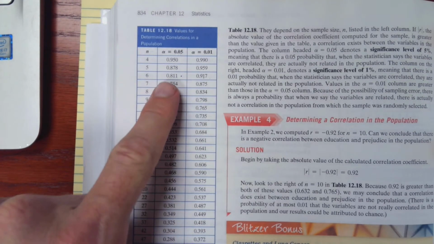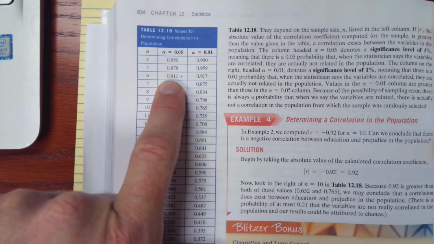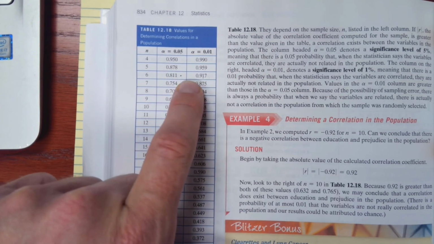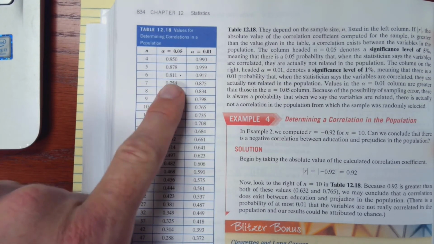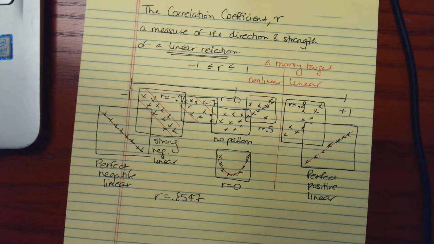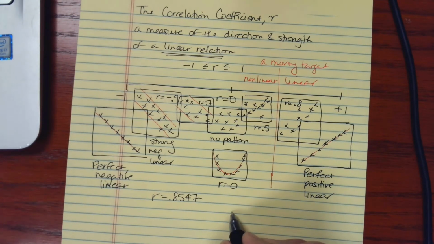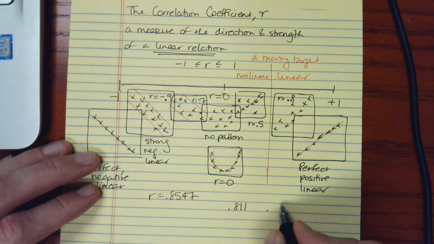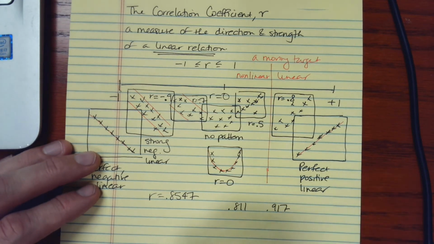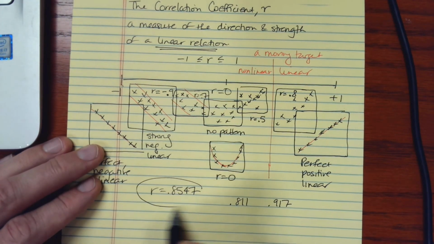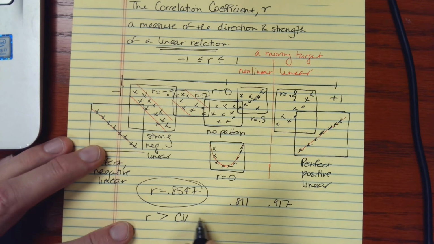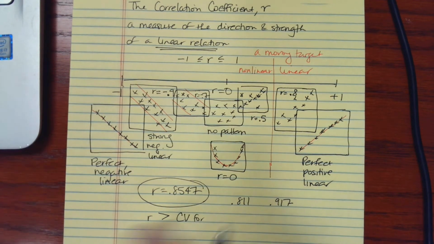So let's look again. My critical values, remember these are the values that are in the table here, in the 6th row are 0.811 and 0.917. So my correlation coefficient R is greater than the critical value for,